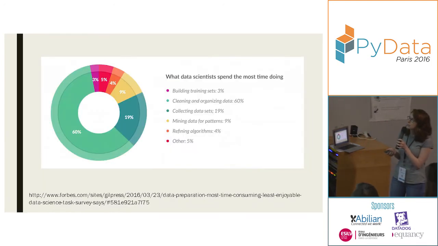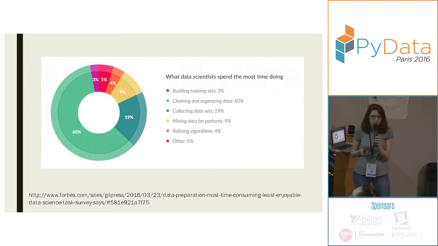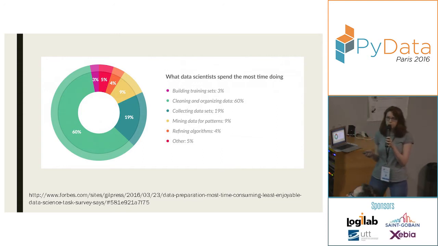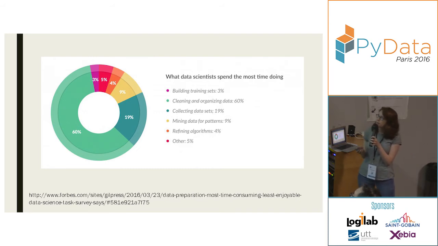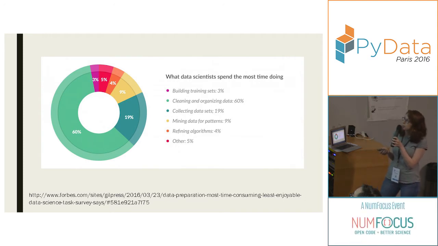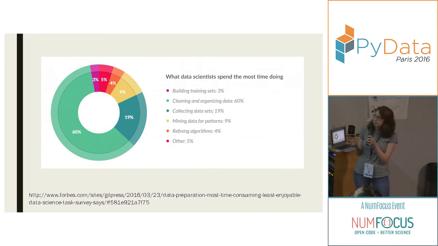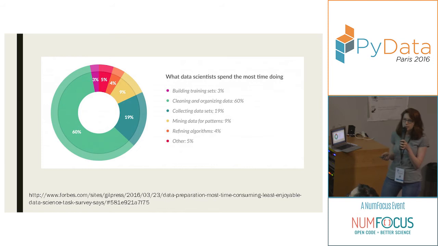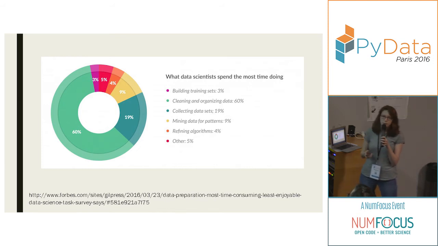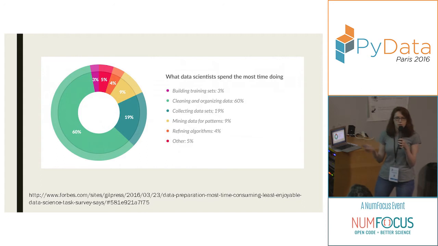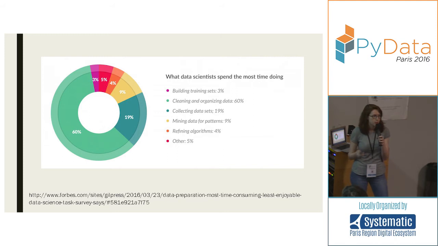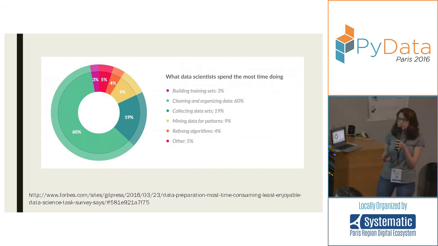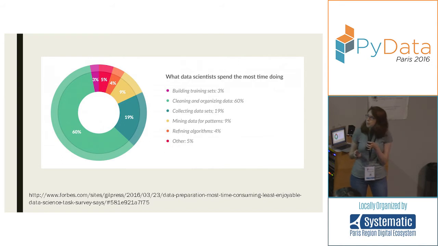So what do I do as a data scientist at Second Measure? This is actually a survey of 80 data scientists performed on Crowdflower. And as I'm sure you all know, data scientists spend a lot of their time mining, so collecting data sets and also cleaning and organizing data. This doesn't actually reflect my experience. I spend a lot of my time writing reports and communicating insights. And I actually feel that this is the most important thing a data scientist can do. If you create the best model in the world, but you can't describe it to your CTO, to your investors, or to the salespeople in your company, or even to fellow data scientists, then that model is not going to be used.